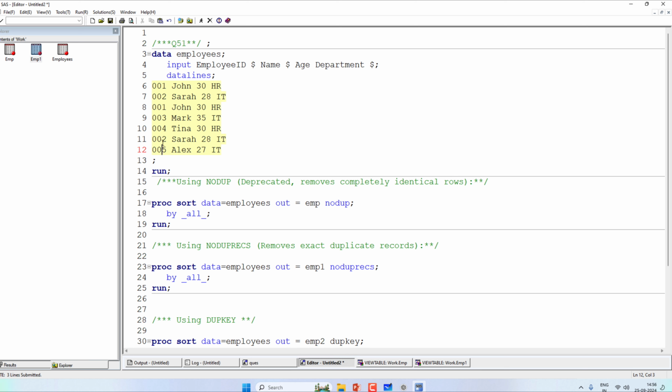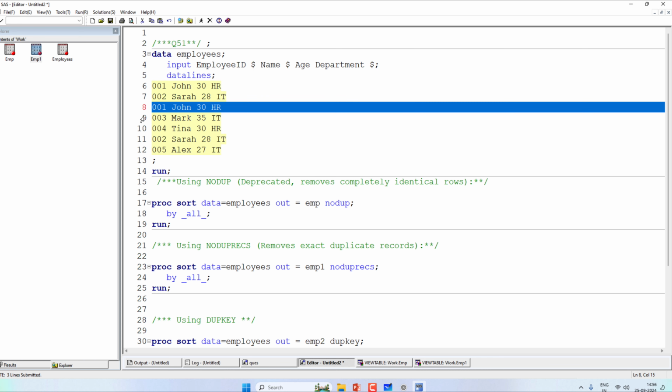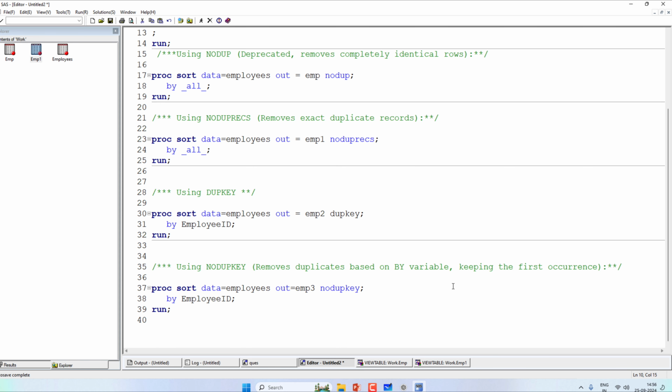It will take only the first occurrence. That is why NODUPKEY is used to take the first occurrence based on the variable used in the BY statement.